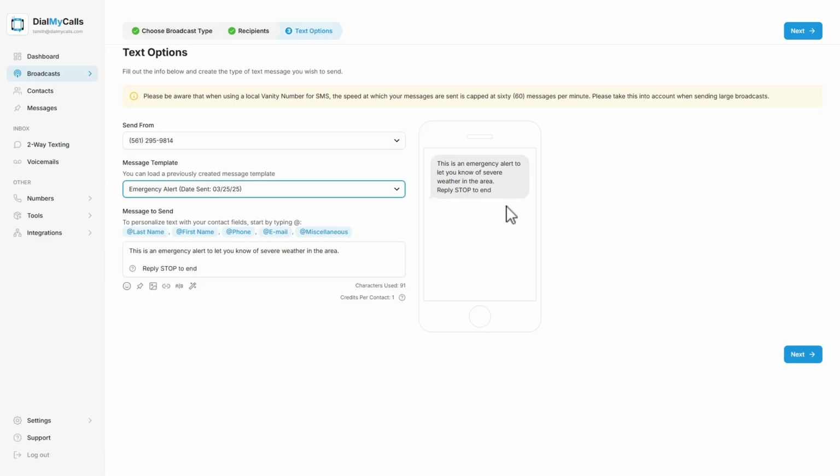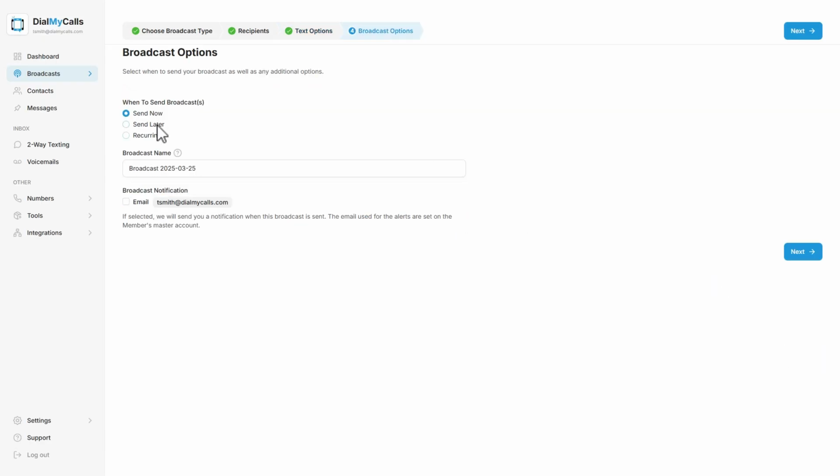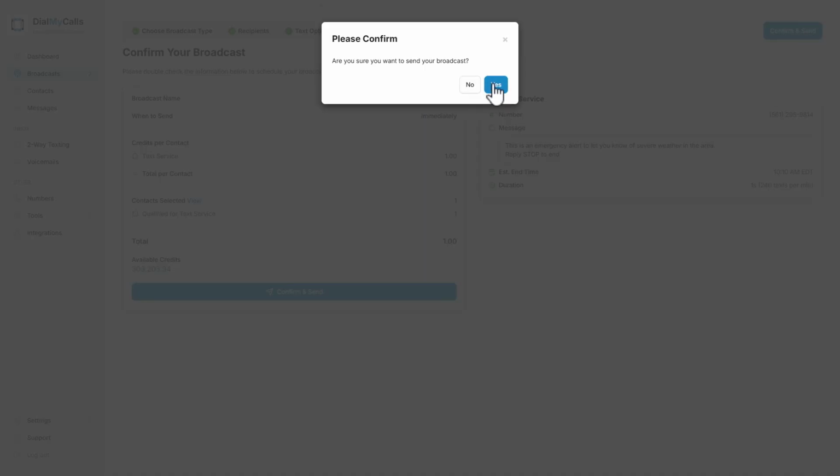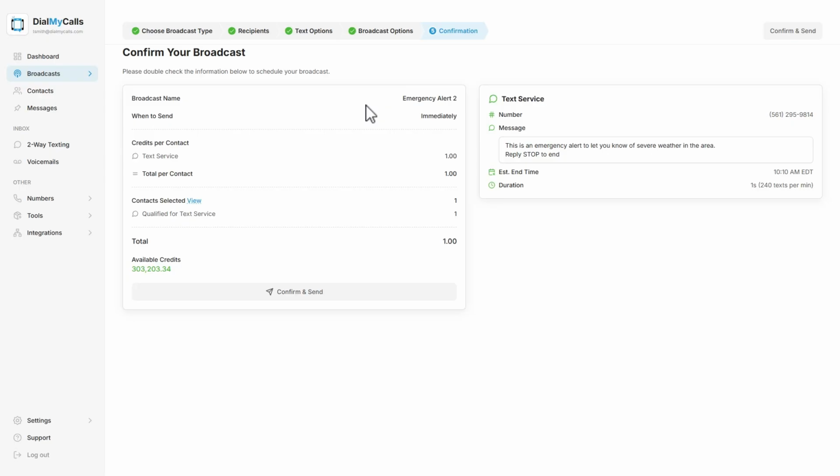Click Next to proceed. Choose whether you want to send your broadcast immediately or at a later date and time. Name your broadcast, which is strictly for your records, and click Next. Ensure all of the information for your text broadcast is accurate on the confirmation page, and then click Confirm and Send. On the next page, you are able to generate a social media link for your text message if you